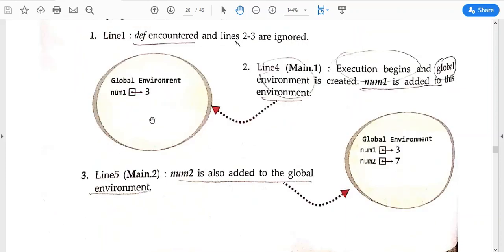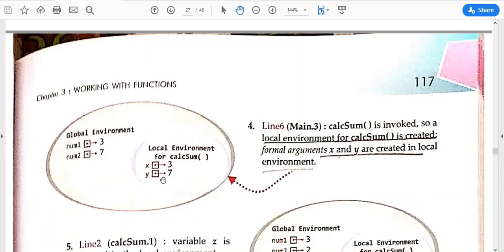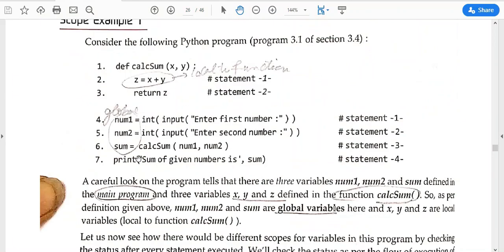Now after line 4, line 5 will be executed. This is the main statement 2. Then this statement will be executed, sum equals calc sum. As this calc sum is executed, it will transfer control to here. Inside this scope, you will have another scope, the local scope.